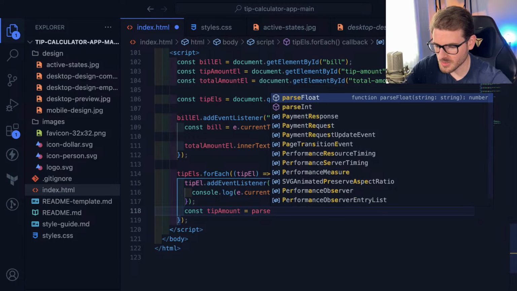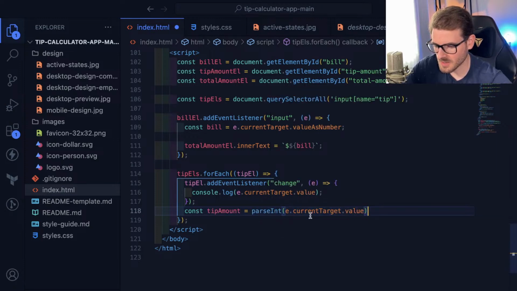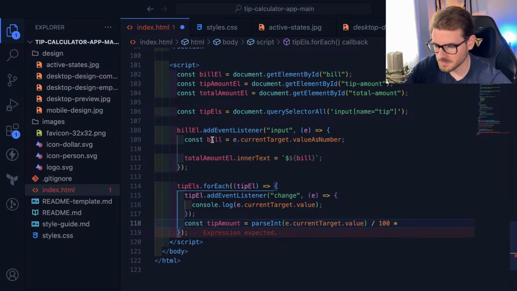So I could say parse int. And we want to get the numeric value. So this would be like 5. But we want to get the percentage, right? So we have to divide it by 100. And then we want to times that by the bill amount, which